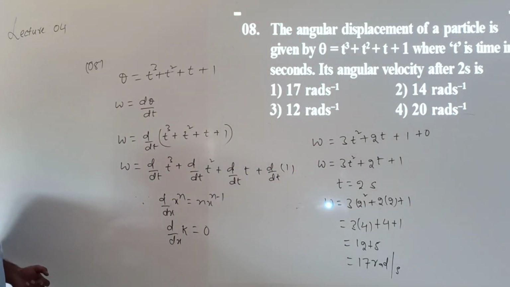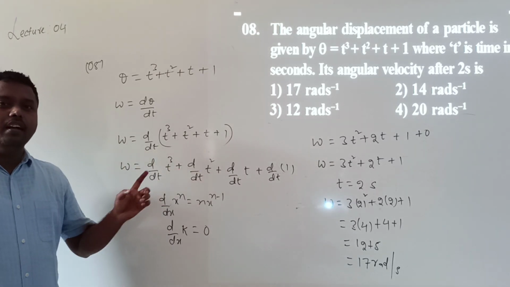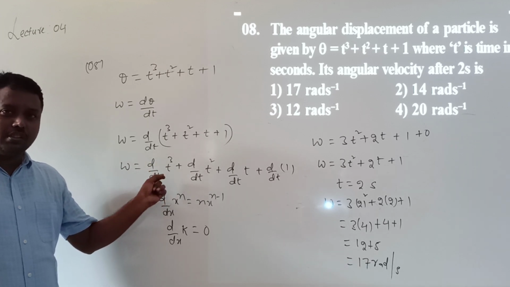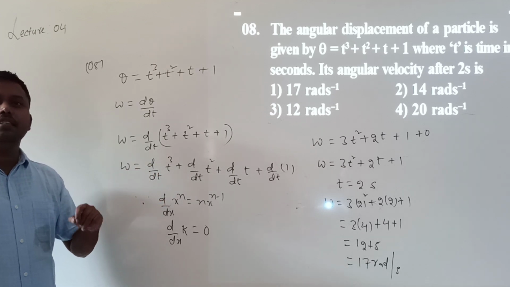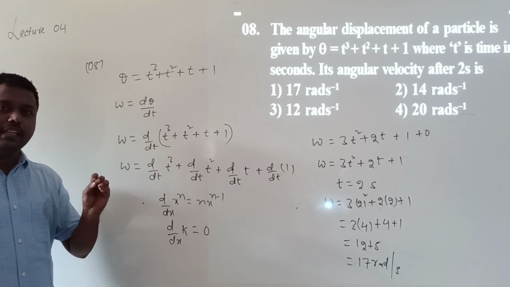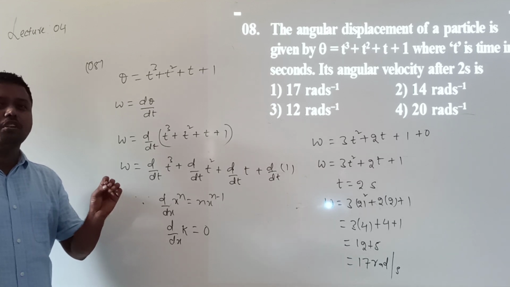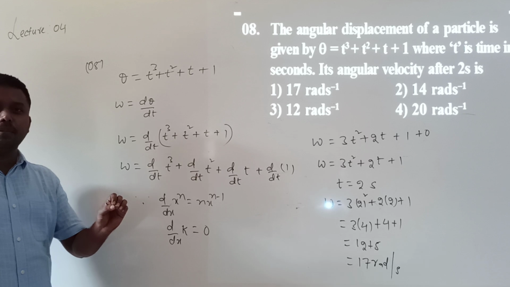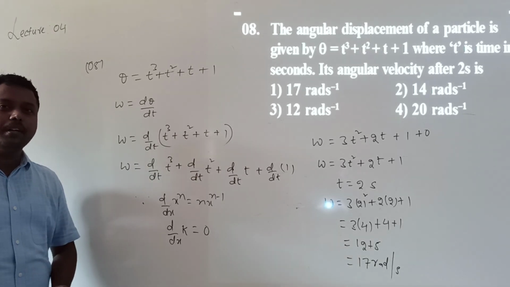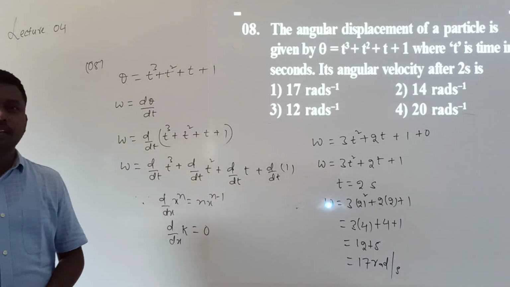Understood? I told you, whenever you want to calculate the instantaneous angular velocity or instantaneous angular acceleration, we compulsorily need differentiation. Whatever chapter we discuss, the minimum basics of differentiation and integration are needed. The minimum formulas, not complicated ones, just some basic formulas. In differentiation 4 to 5 formulas, in integration 4 to 5 formulas. So you have to go through them. Okay, this is question number 8. Next,